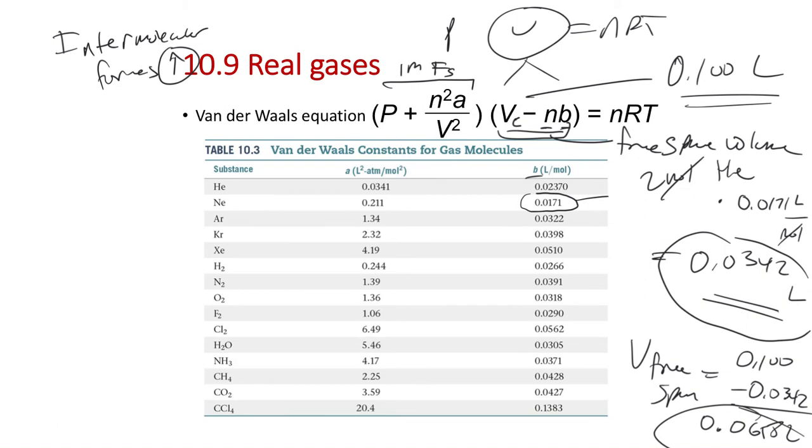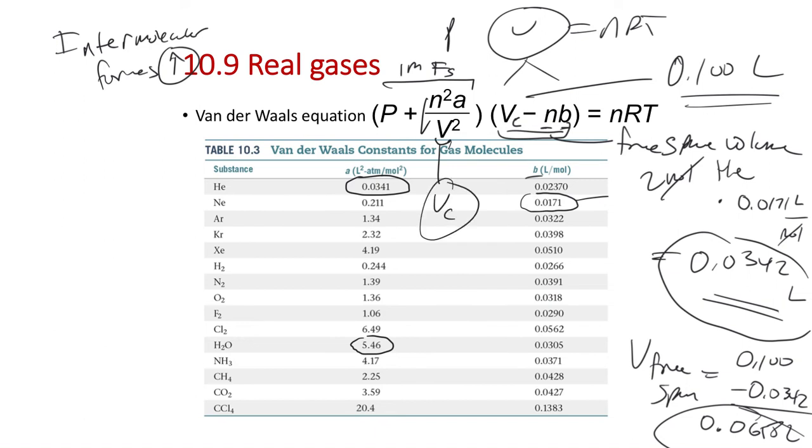So as our A value goes up, let's compare something like a noble gas, which has a really small A value, not really attracted to itself, but then water, which is polar, has that built-in charge in it, has a much greater attraction, and has a much higher A value. So you can see that as the attractive forces increase, the A value increases. A is proportional to how strongly attracted a molecule is to itself. And then we're multiplying our n and V. Now this just ends up being the volume of our container.